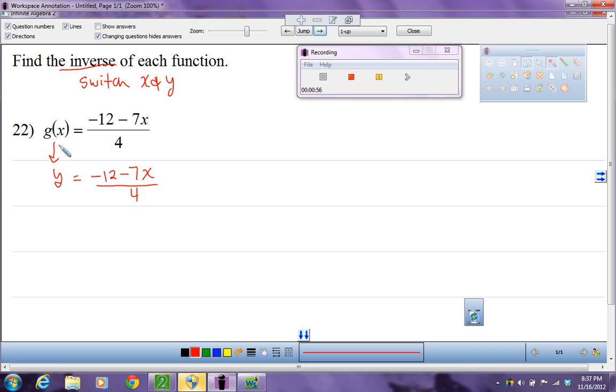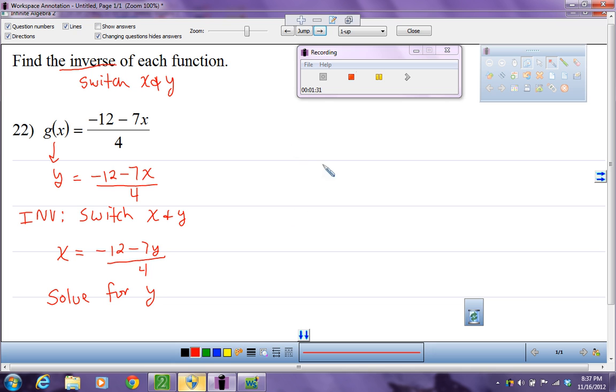So first of all, recognize who's the y and who's the x. And once you do that, then to find the inverse, we are going to switch the x and the y. So wherever I see a y, I'm going to change it to an x. And then wherever I see the x, I'm going to change it to a y. Okay, and now we're going to solve